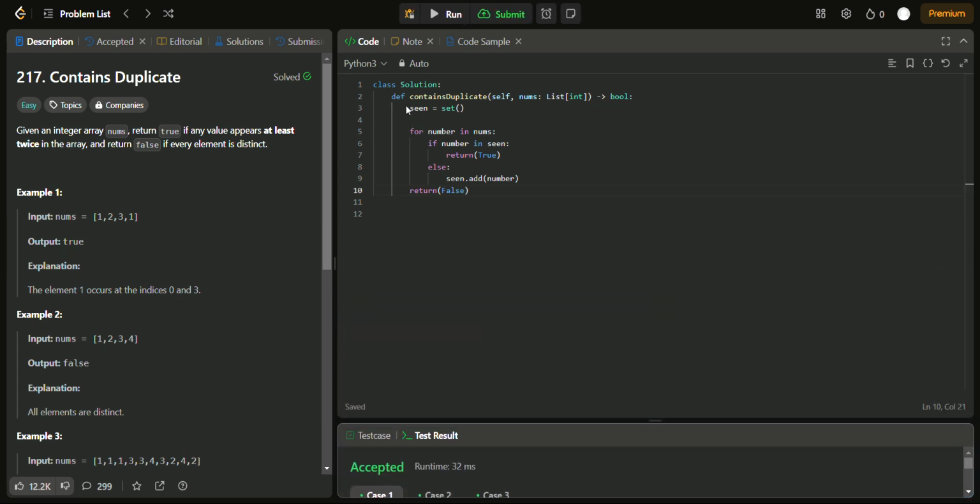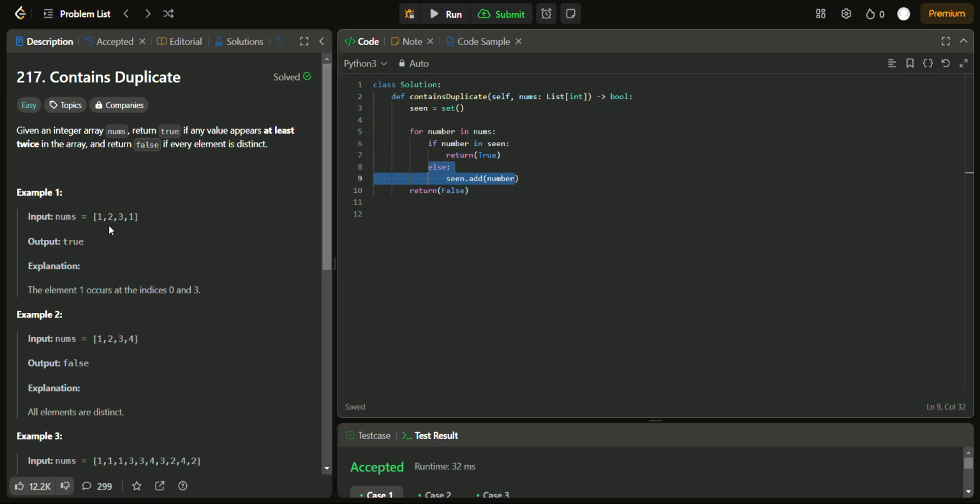So what we did here is we created an empty set called seen. We ran a for loop for all the numbers in the input array nums. Then we created an if condition, saying that if the current number that we are at, 1, is in seen, return true. Nothing is in seen right now. The set is completely empty. So we execute the else block and we say, 1 is not in our set, so we add 1